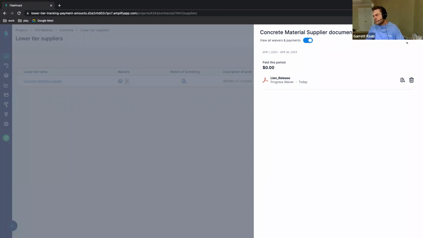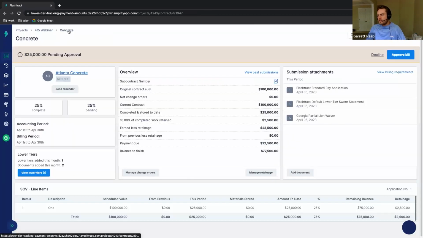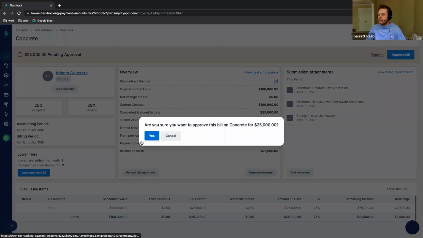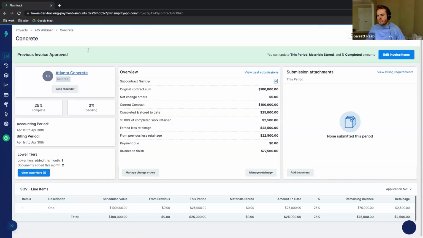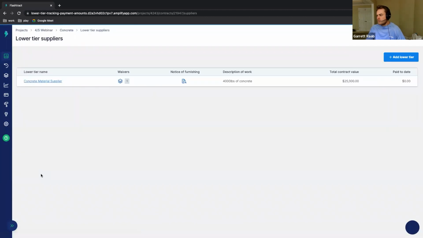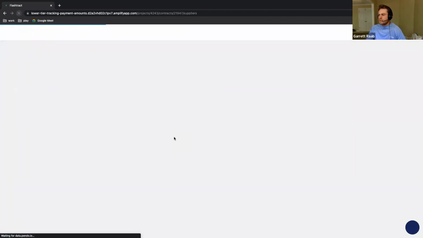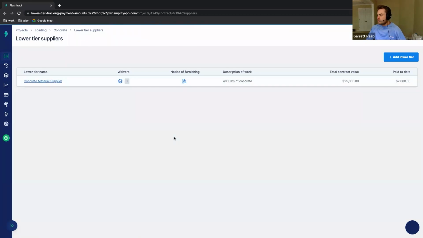So at this point in time, if I go ahead and approve the pay app, then I can see that some of the, I guess I have to refresh. I am still on a testing environment, unfortunately, so there might be a couple small bugs, but at this point, I can see that the values are automatically rolling. So next time your subcontractor comes in, they don't have to manually adjust the paid to date value unless they need to. Flashtract is doing that roll for them,